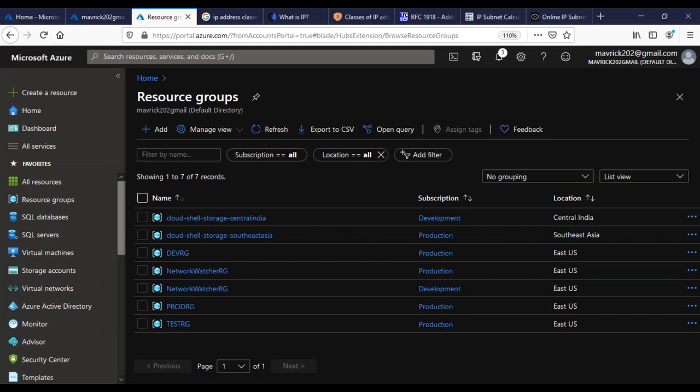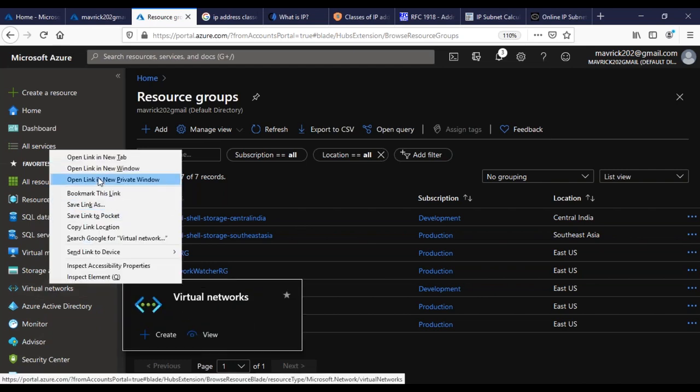Okay, let me show you what I meant actually. I'm going to create a virtual network, by the way. I'm going to go to the virtual networks. I'll explain about virtual networks, don't worry. I just want to show you a resource group is not a physical boundary, so by creating 3 virtual networks in different regions.